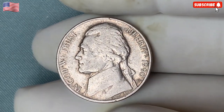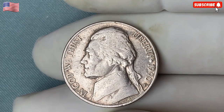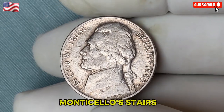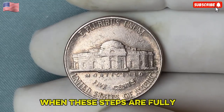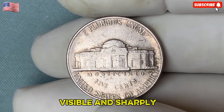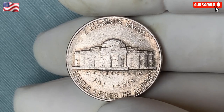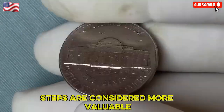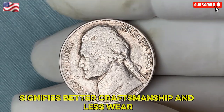Collectors have a keen eye for the full steps variety on the 1990 nickel. On the reverse side, Monticello's stairs feature horizontal lines called steps. When these steps are fully visible and sharply defined, it's a clear indicator of a strong mint strike. Coins with full steps are considered more valuable because the detail signifies better craftsmanship and less wear, making them a